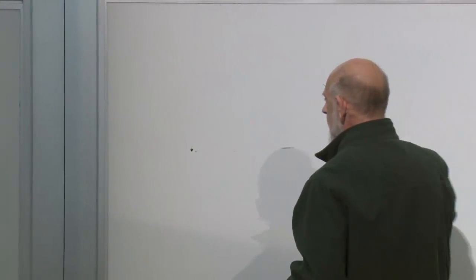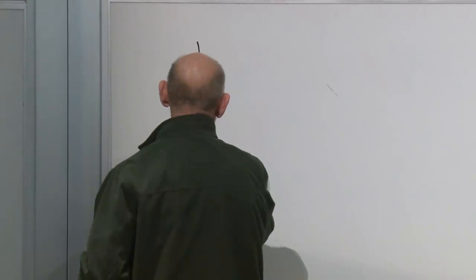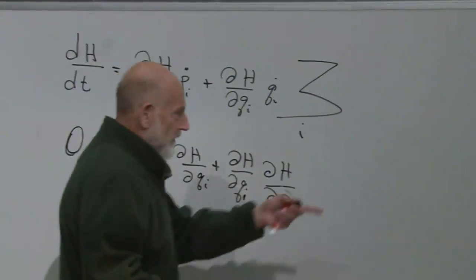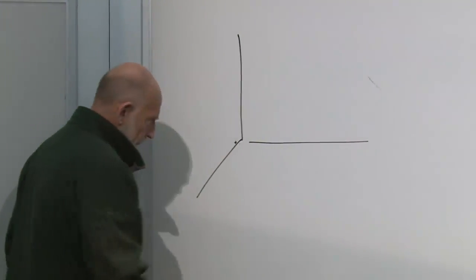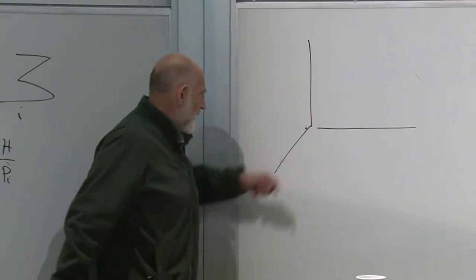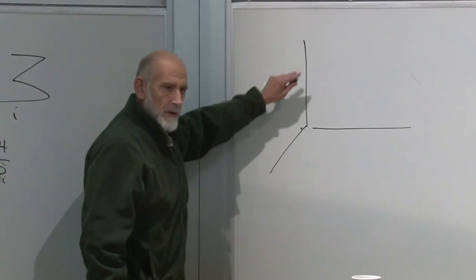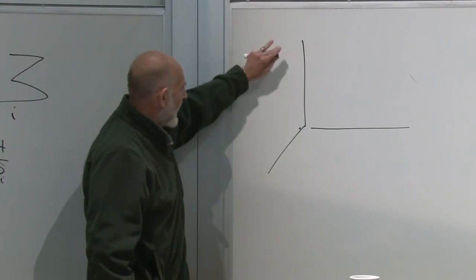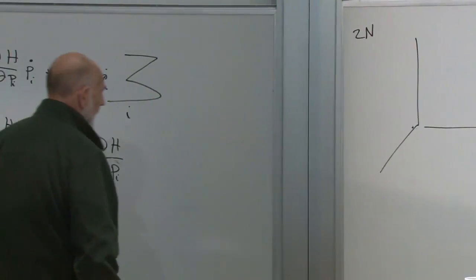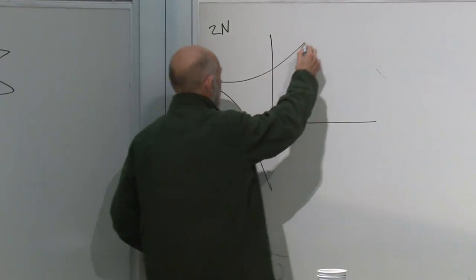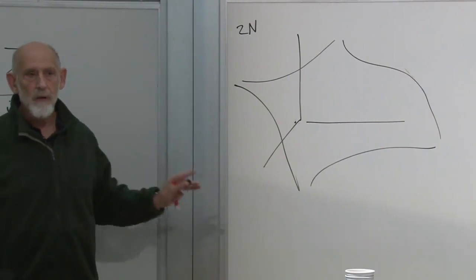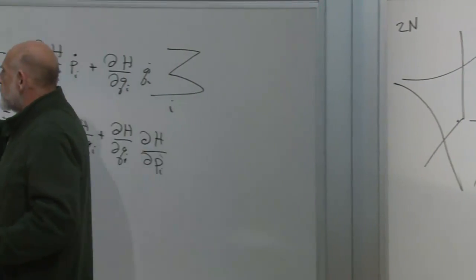One equation in an n-dimensional space. Here's an n-dimensional space. It's got to be even, strictly speaking, but I can't draw an even. All right. One equation among a collection of variables gives you a surface of one less dimension. If we have 2n dimensions for the q's and the p's, and I write down an equation like that, it defines some surface in the space. How many dimensions does the surface have? One less than the total number of dimensions. That's what writing one equation does.